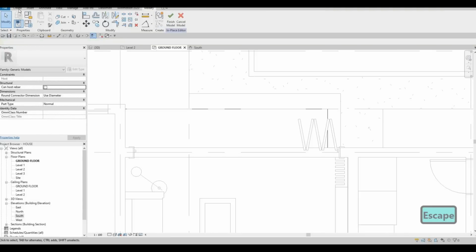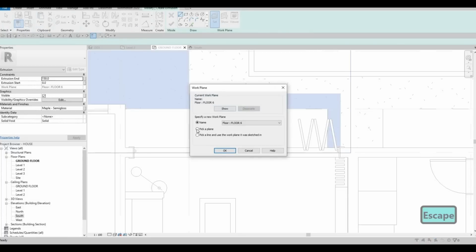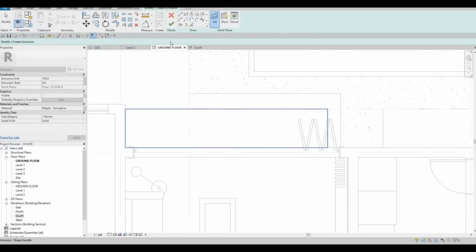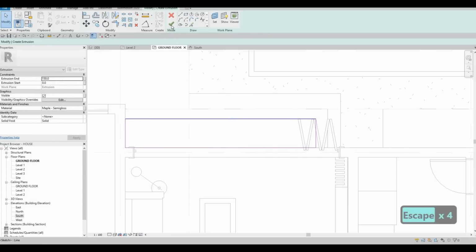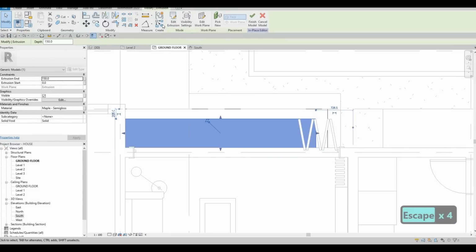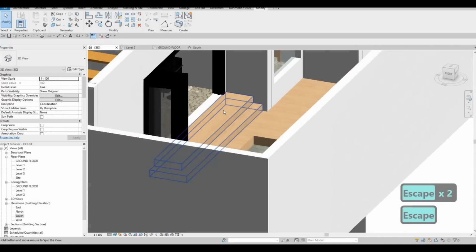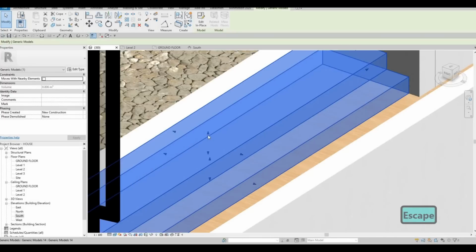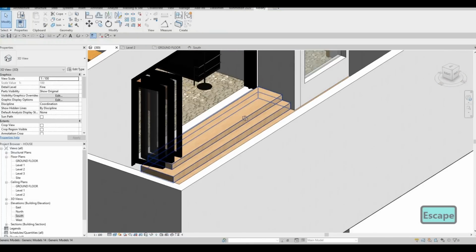We could add another one, create extrusion, set it, and then let's pick the plane which is right here, and then just add the one that is this one right here. I think the spacing looks good. I'm happy with it. And just like that, we could just pull it a little bit downwards like that